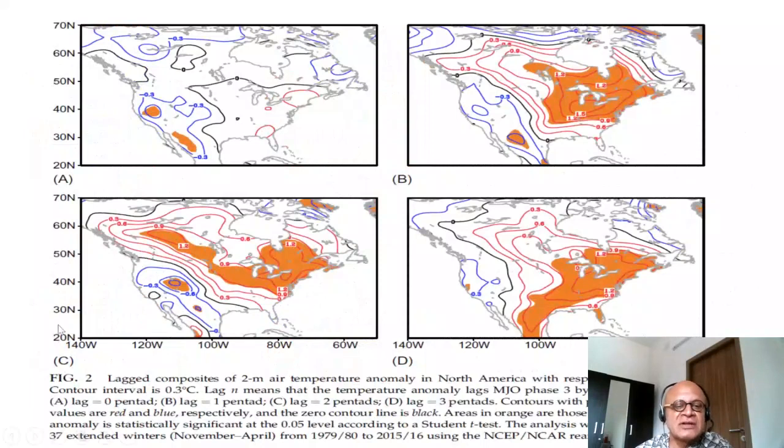Another example here, lagged composites of 2-meter air temperature anomaly in North America with respect to MJO phase 3. Again, you can see that pentads 1, 2, 3 are shown. Okay, lag 0, so 0, 1, 2, 3. And the point again is many statistically significant signals of positive and negative 2-meter temperature anomalies, which obviously, especially in